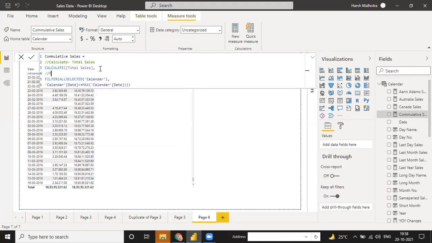I can write it here as: filter it out from all the dates up to the maximum date in your column. That is a simple thing, but only two things: calculate total sales and filter it out from all the dates up to the maximum date in your column. That is a simple thing.